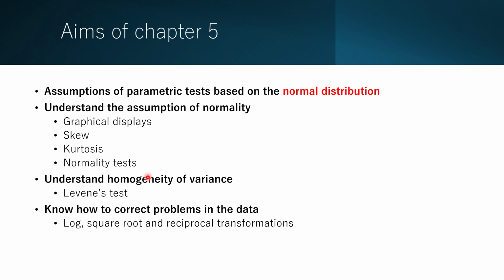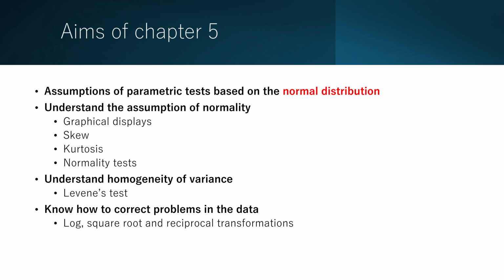The normality tests include the Shapiro-Wilk test. Then we will move on to Levene's test for checking if group variances are equal or not. Finally, if we find problems, we will see how to fix them using transformations such as log, square root,